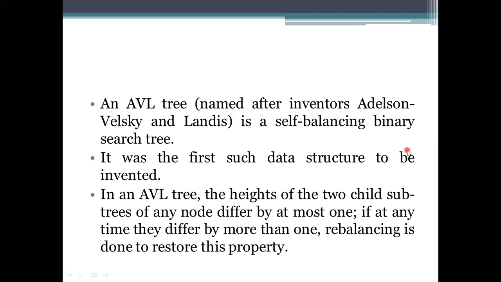So in this image, AVL tree processing. If you consider what an AVL tree is, it is also a binary search tree. This binary search tree has to be rebalanced whenever we are inserting or deleting an element from it. Rebalancing has to be done when we deal with this tree.